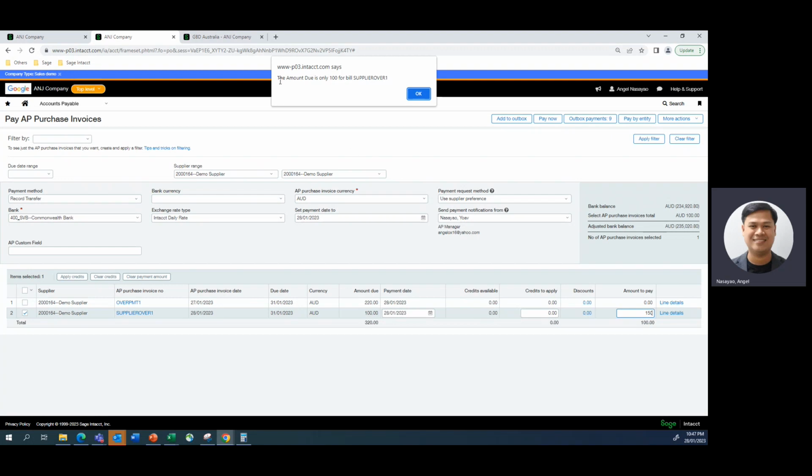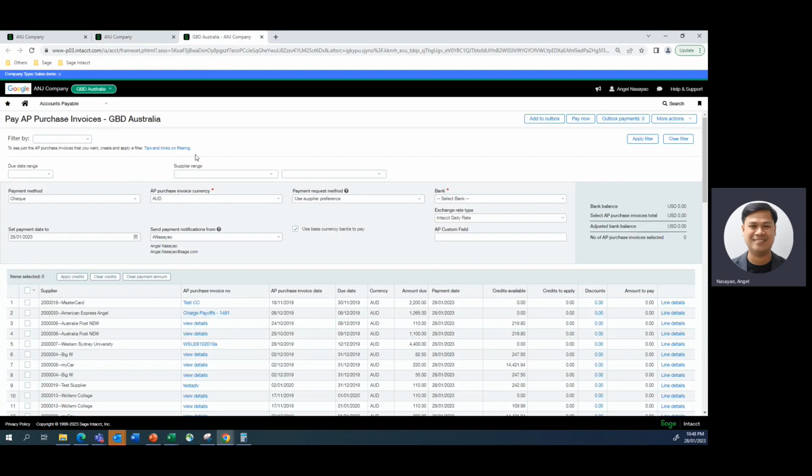So notice here that there is actually an error that the amount due is only 100 for bill supplier over 1. Which means that I cannot use this functionality to process any overpayment. That is, I'm paying $150 for an AP purchase invoice only amounting to $100. All right. So what you can do is that you can create